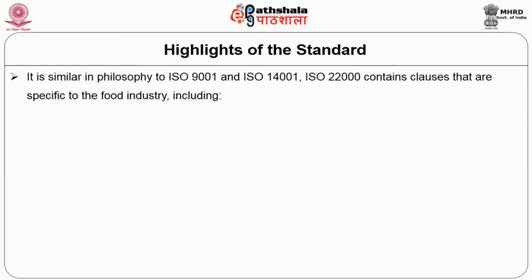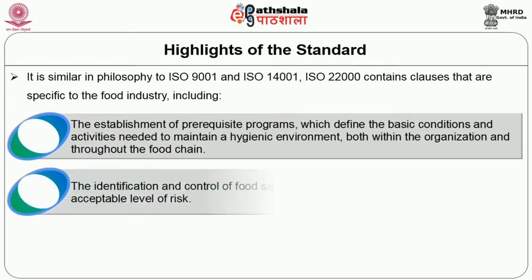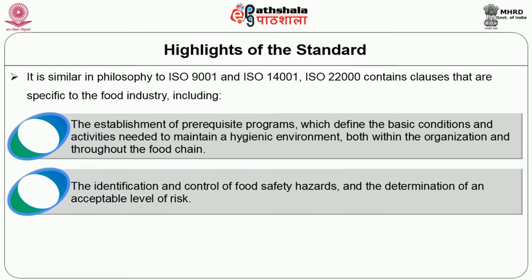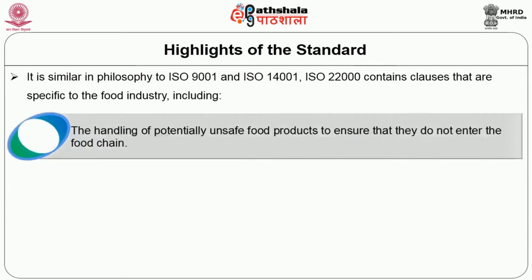ISO 22000 contains clauses that are specific to the food industry, including the establishment of prerequisite programs, identification and control of food safety hazards and the determination of an acceptable level of risk, the establishment of a HACCP plan, including identification and monitoring of critical control points,